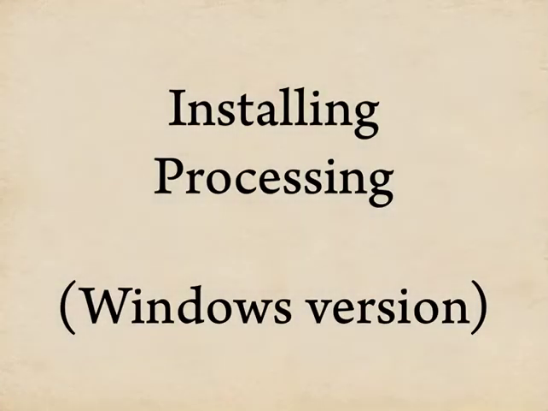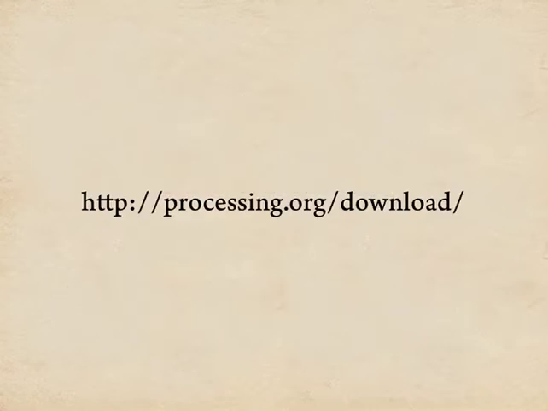The first step to becoming a processing wizard is to get processing up and running. So let's see how to install processing. This is the Windows version of the installation video. If you're running a Macintosh, please see the Macintosh version. This URL is really all you need to know,